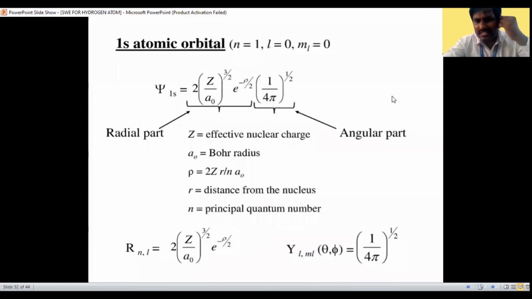And let us write a simple radial wave function and angular wave function of 1s atomic orbital. This is the radial wave part and this is the angular wave part. As I told you, s orbital is spherical. Why is it? See, the angular wave part is a constant and the radial wave function is changing. That is, this is only deciding the 1s, 2s, 3s and the spherical shape of it. It is changing with principal quantum number.